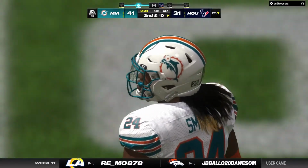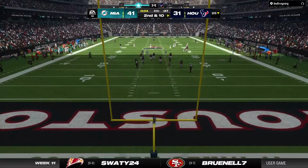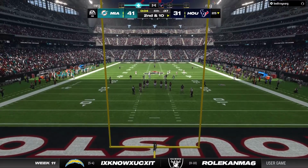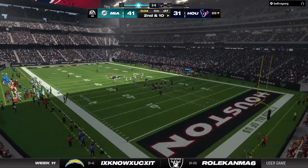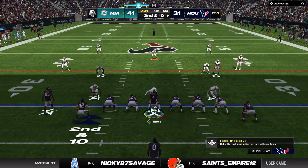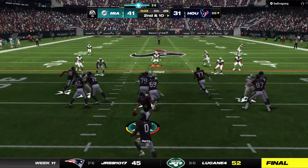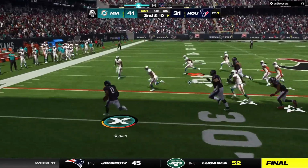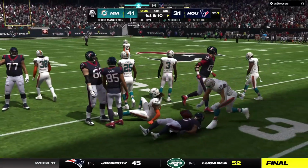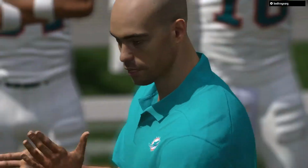Give it big credit for his coverage right there because when he saw the route break deep, he stayed in position to prevent a completion while avoiding any risk of a flag. On second down, Swift. And some room to maneuver. And this will be a Texans first down as he's got this up to the 35-yard line. And as this defense walks off the field,